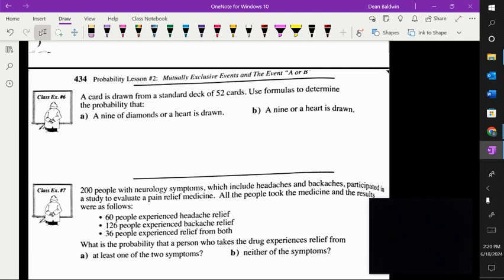So we draw from a deck of cards. What is the probability we get a 9 or a heart? Are these mutually exclusive? Can you have a 9 of hearts? No, because it's a 9 of diamonds. So you can't. Is it a diamond? Yes. Sorry, 9 of diamonds or a heart. Are they mutually exclusive? Yes, because you're not going to have a 9 of diamonds that's a heart. So if they're mutually exclusive, that means the probability of